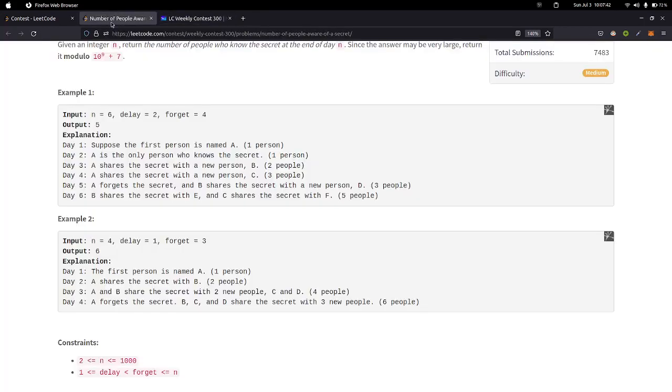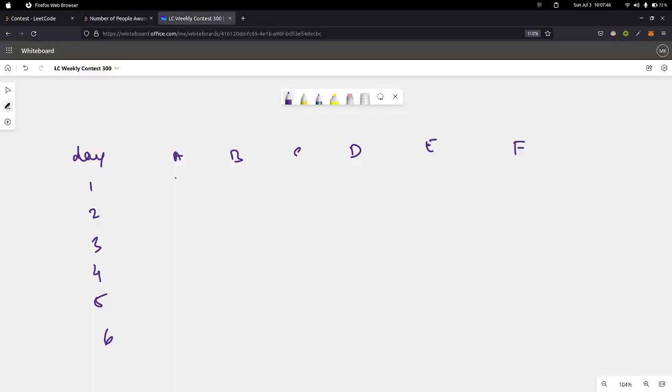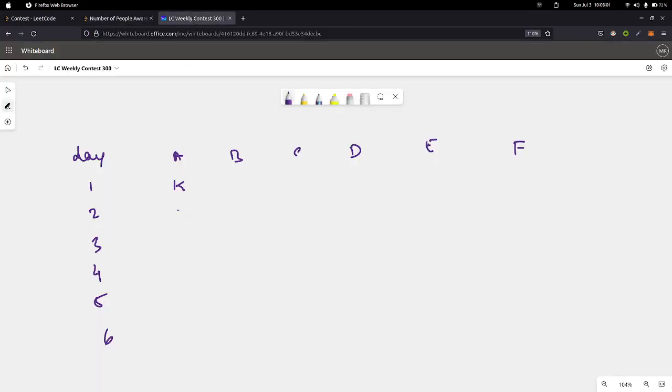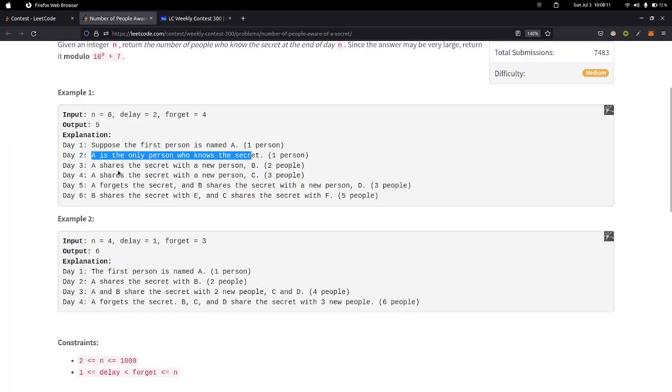So on the first day, only the first person knows the message, right? So he knows the message on the first day. Okay, right now he's not able to share it till some date, right? On the second day, we can see again he only knows the message and nothing else happens, right? So we can just put dash for the remaining things. Okay, on the third day,